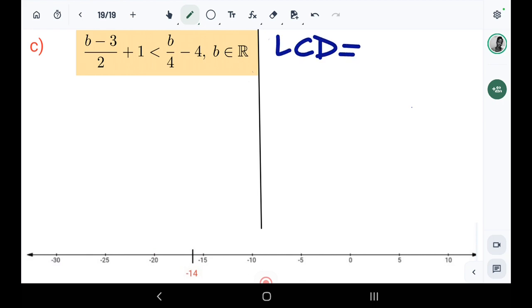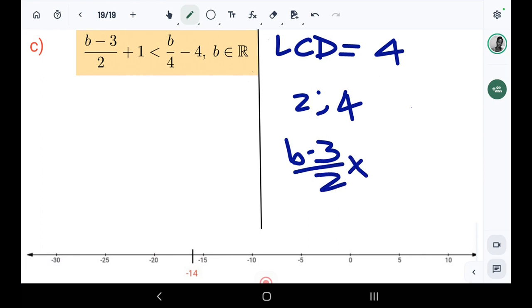Always. The lowest common denominator between 2 and 4 is 4. So now you multiply each of the fractions by the lowest common denominator, which is 4 in this case. So b minus 3 over 2 multiplied by 4. 2 goes into 2 once and into 4 twice. So you multiply that by 2. Therefore, 2 in bracket b minus 3